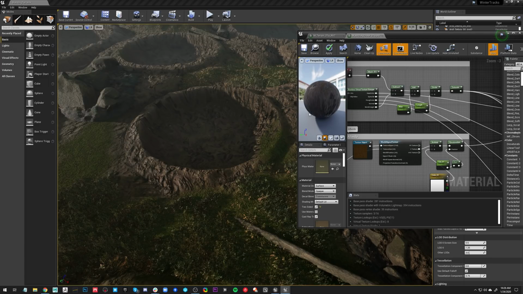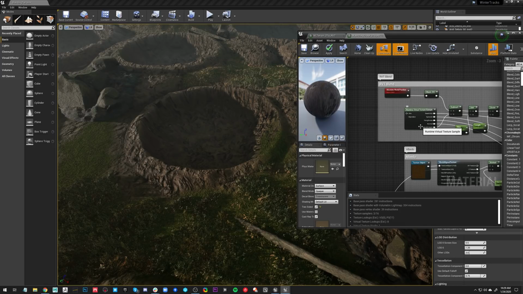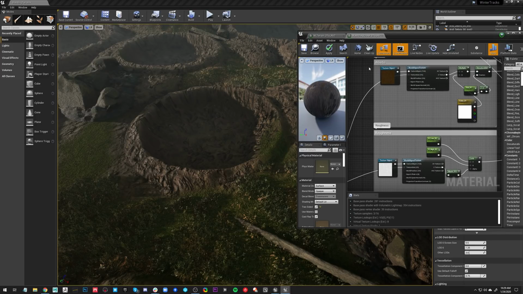And a lot of the exciting stuff, for me at least, regarding runtime virtual texture sampling, is just how everything is handled automatically. You don't need to do all this manual setup of copying the world aligned texture setup from the terrain and the crater.